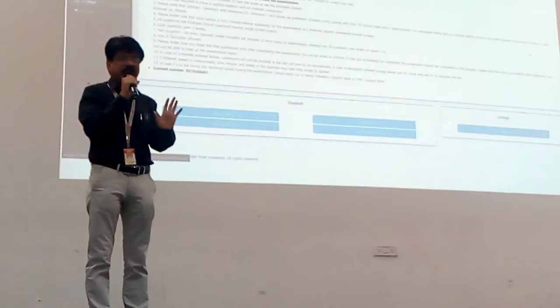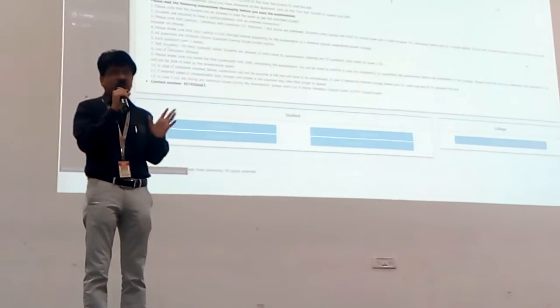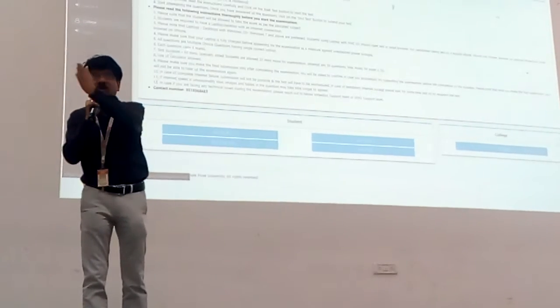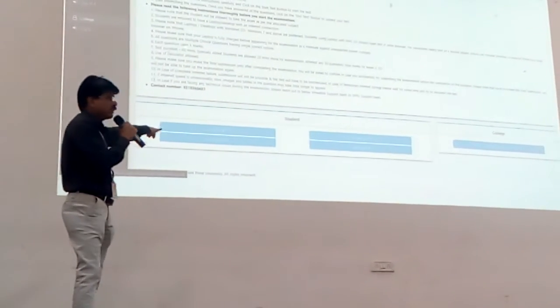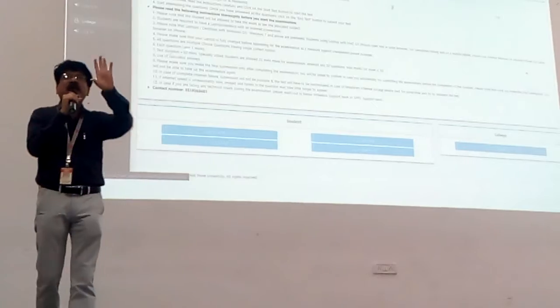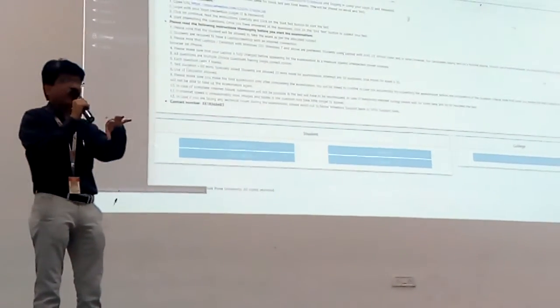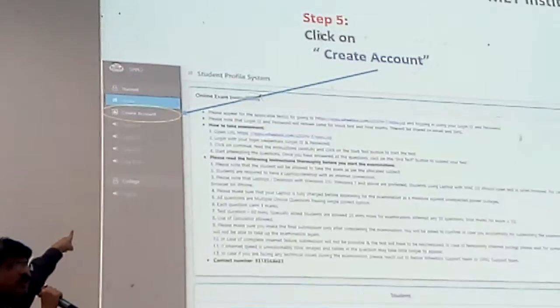Means for first year, right now you have not created your profile, so you don't have a username and password. From second semester onward, you have to click on this because by that time you will have your username and password. Right now, the first step is to create your profile. So click on Create Account, which is given on the left hand side.